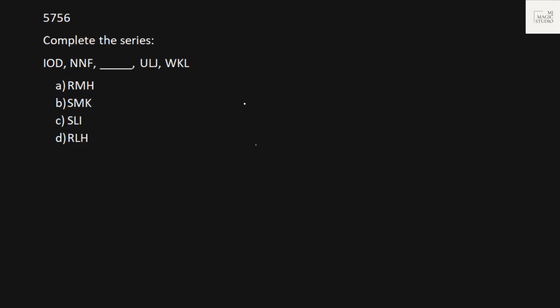Let's take up another one. This is alphabets. The best way to do alphabets for me is like writing numbers. I is 9, then N is 14, gap, U is 21, and W is 23. So here, let me take up one more. O is 15, N is 14, then it is L 12, and K is 11. So it is going like 11, 12, 13. It should be 13. And the 13th one is M. So we have got two options where we have M in the middle.